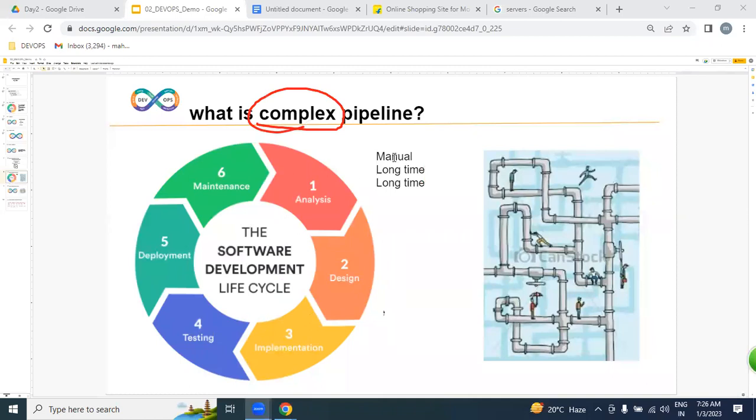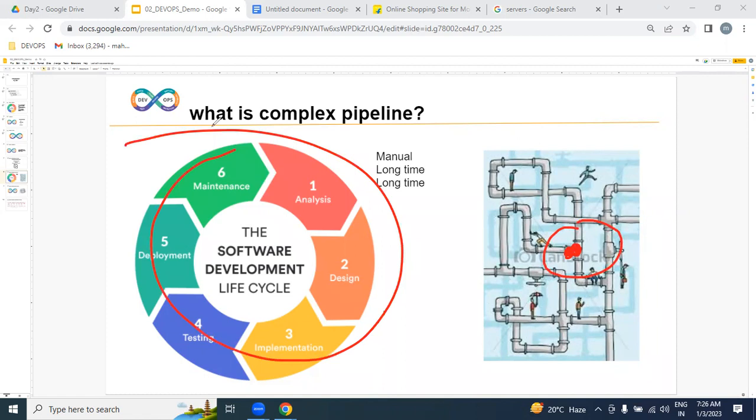To understand this, I'll give a good example. It is a water pipeline underground. Somewhere there is a blockage. It is not a leakage, it is a blockage. Tell me, how difficult is it to identify where the blockage is? Is it easy? No, it is not easy. Experts are required, and we need to pay more salaries. Even after identification, resolving this problem will take a couple of weeks. The same way, our SDLC too.